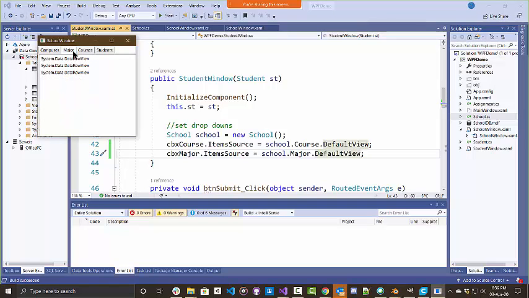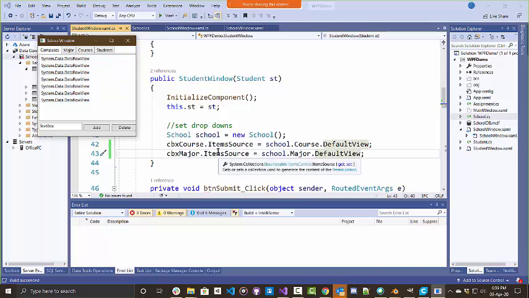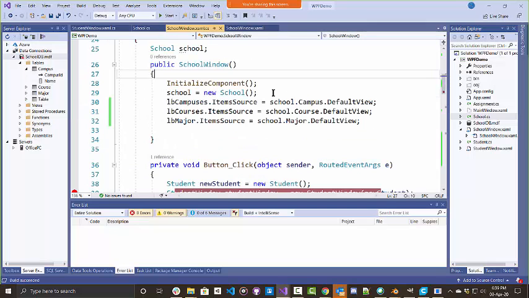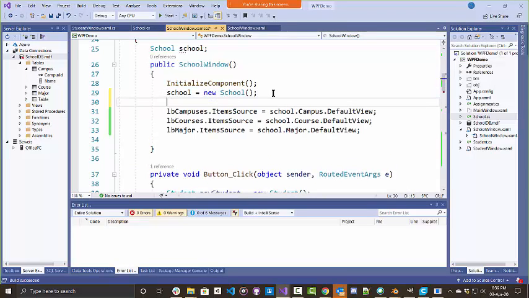And what's the problem? It doesn't know what it's looking at. It's showing you the toString, the default toString. So there's one other thing we need to do, which is we need to tell it what to display. And the way we do that is